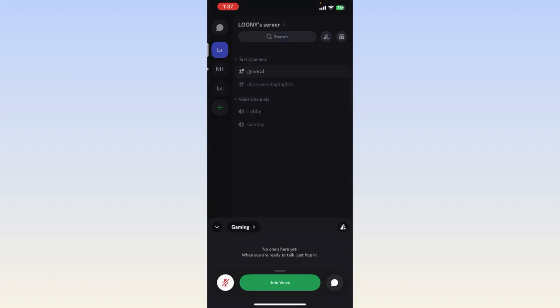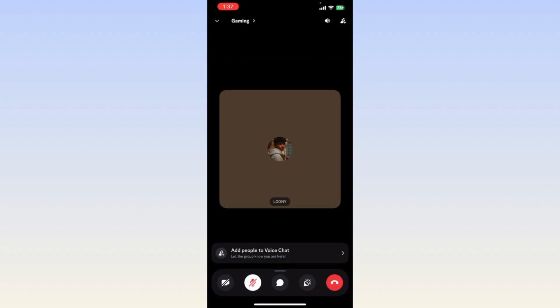And once you tap on it, you can see there is a Join Voice option in here. So you simply need to tap on Join Voice, and you can share your screen from here. So just tap on the green button, and once you tap